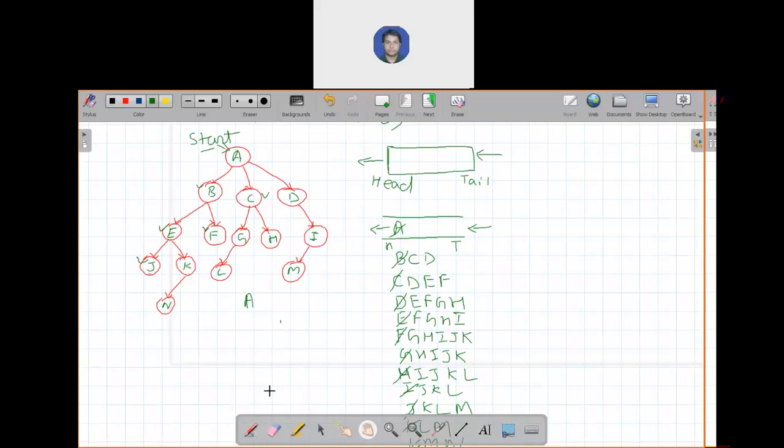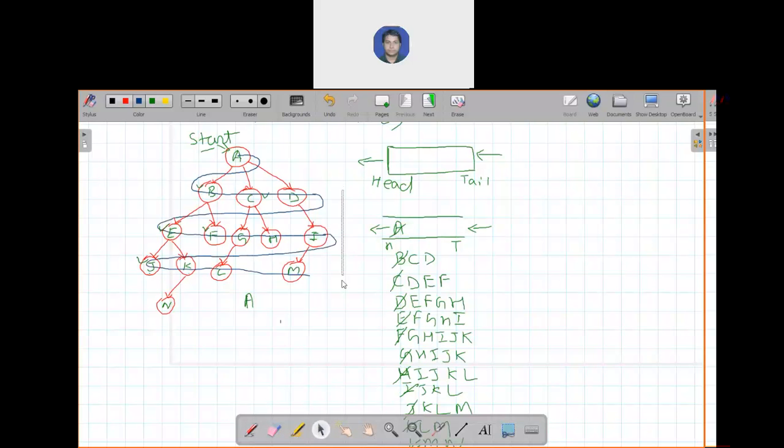Okay. In this way you can traverse your graph or tree. Okay. You start from the state A. You start from your state A and you explore its next level, the next adjacent of all the state. Okay. Then you explore all the next level state. Then explore the next level state.